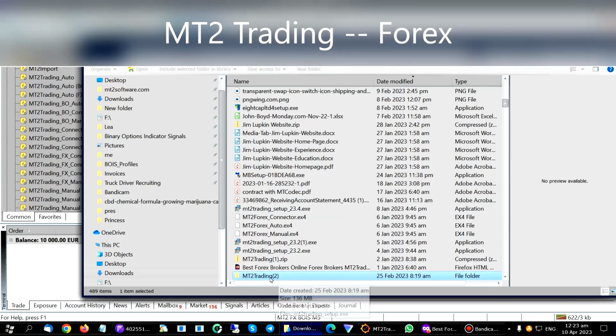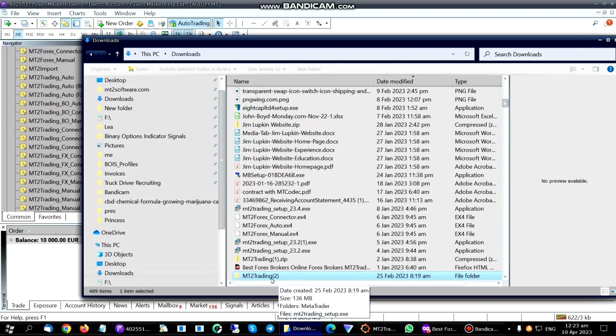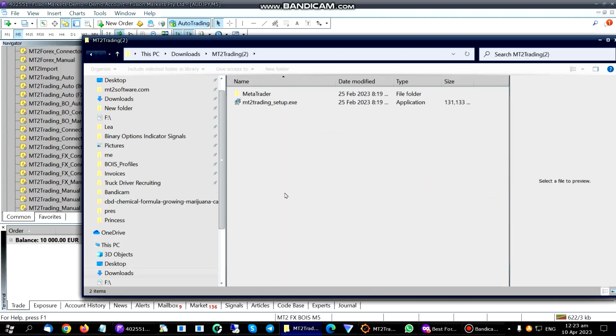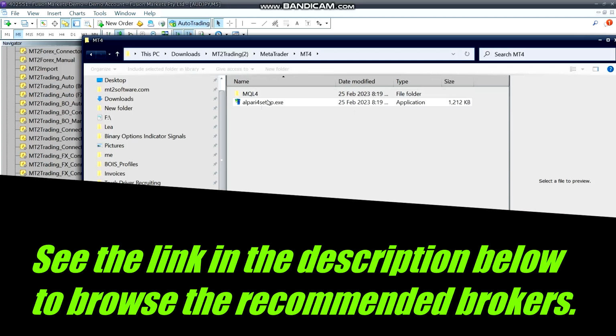Okay, so you're gonna go ahead and download your install files, unzip it. Then you're gonna open the MetaTrader folder. I highly discourage using the Alperi for Forex because the spreads are very high and it's not so reputable. It's the recommended brokers. So you're gonna go ahead and open the